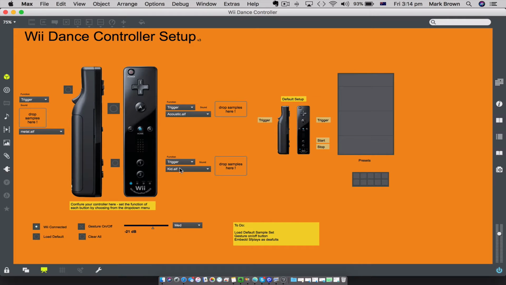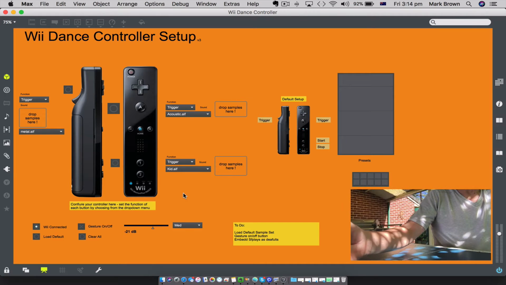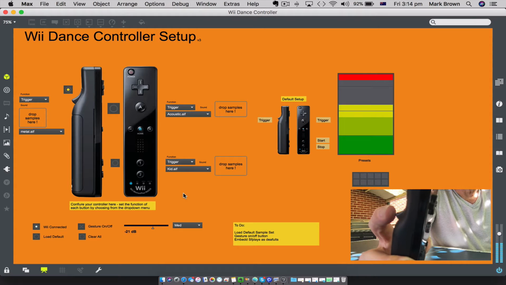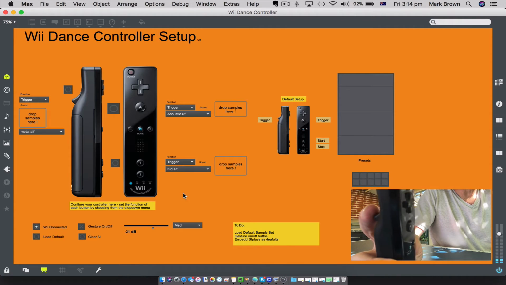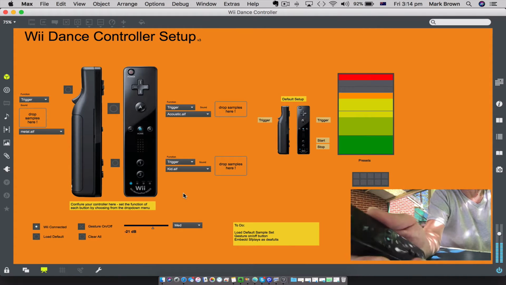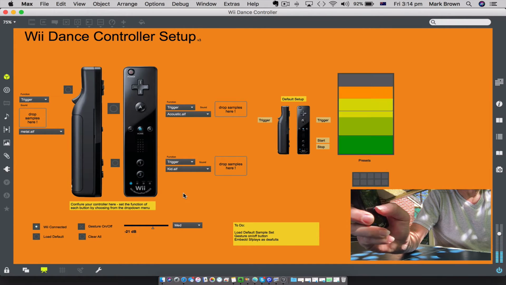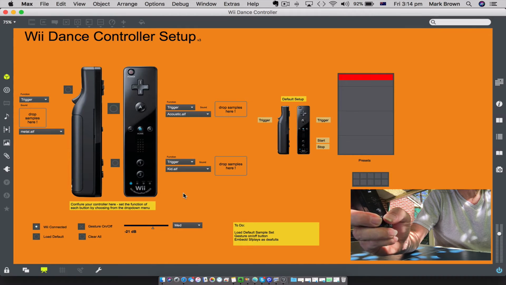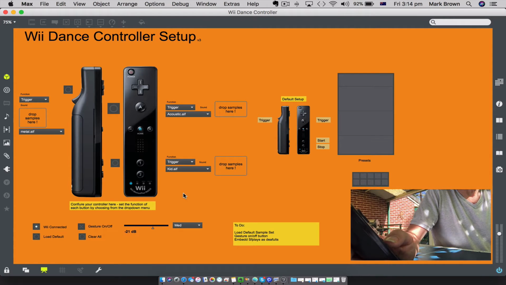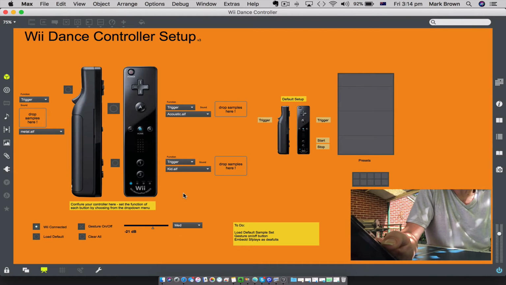I've also added in some more button functionality to the actual controller itself. So, as well as the back button, which is known as the B button on the controller, the A button, okay, the start loop on button 1 and stop loop on button 2. I've also added the home button in. So the home button will allow the gestural information or data coming from the Wii to come into the system